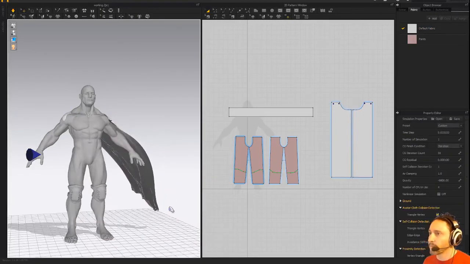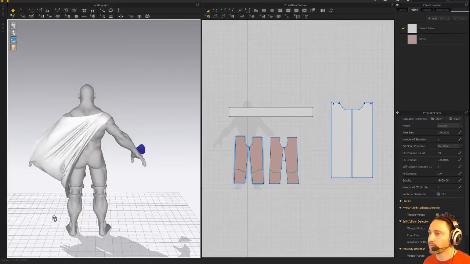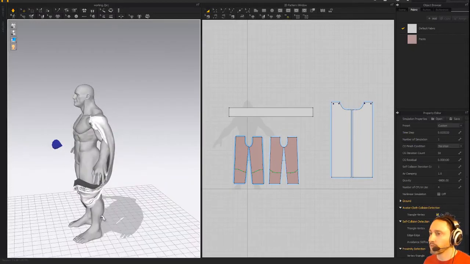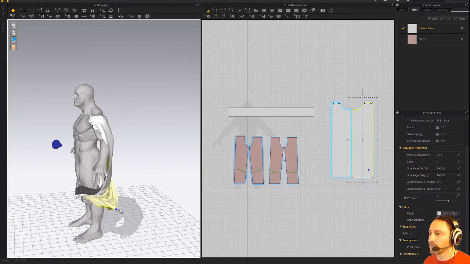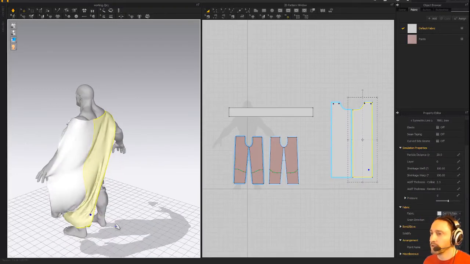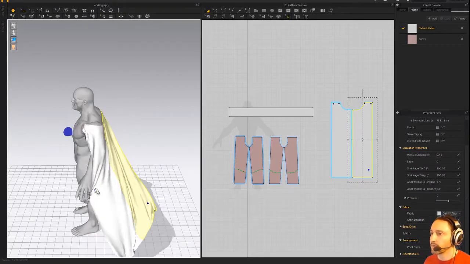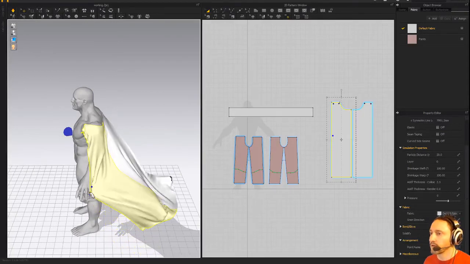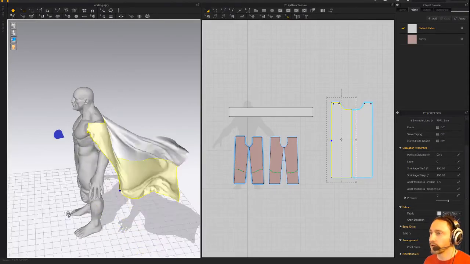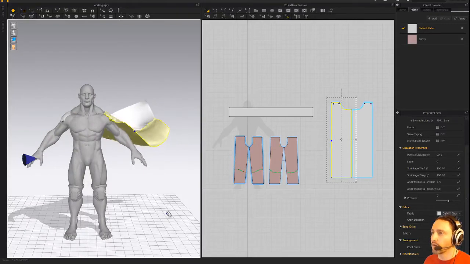Okay. Is it blowing in that direction? Let's go ahead and get this off of him just a little bit here. Get off of his finger. There we go. Okay, so we got wind properties in here, and it's simulating